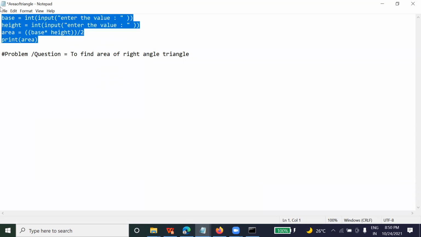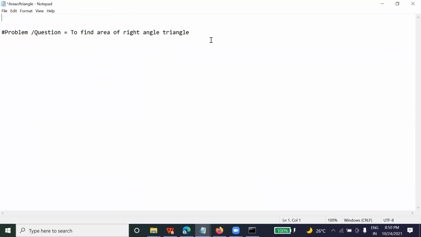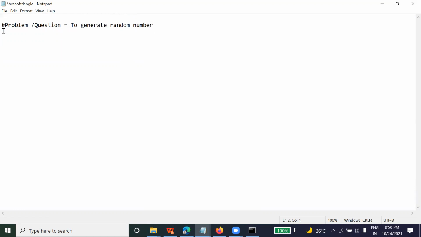So now let me write the program to generate a random number. Suppose in the interview they say, write a program to generate a random number. What code will you write? Import random. There is one library, then print.